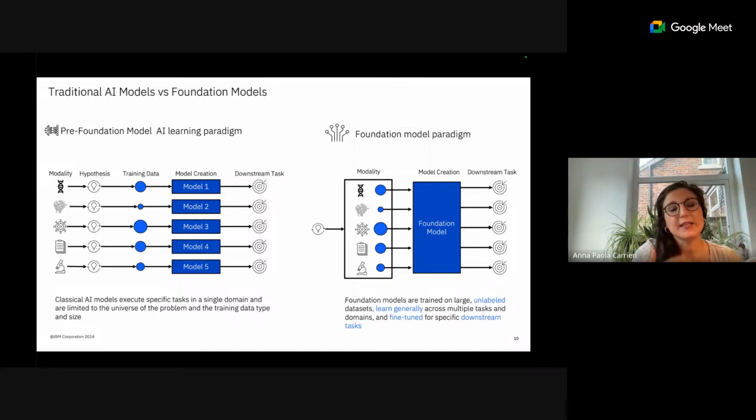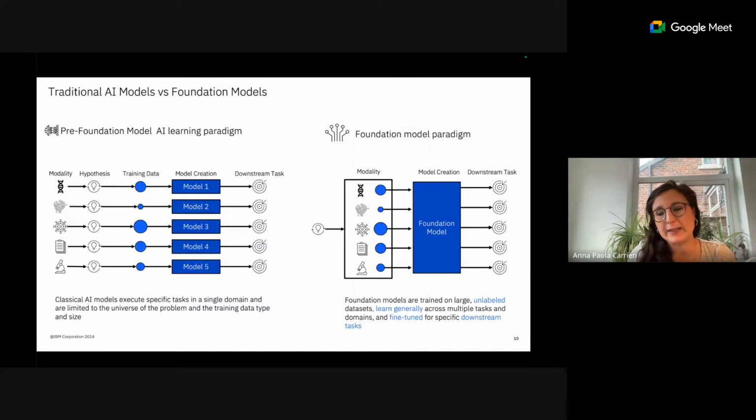With classical machine learning or AI methods, you have a specific use case or task you want to predict. It can be a classification, if we think about disease subtypes, or a regression task if you want to predict a value or number, a degree of something, for example how well somebody is responding to a drug. But the task is specific, and you train each machine learning model with specific training data to perform a specific task.